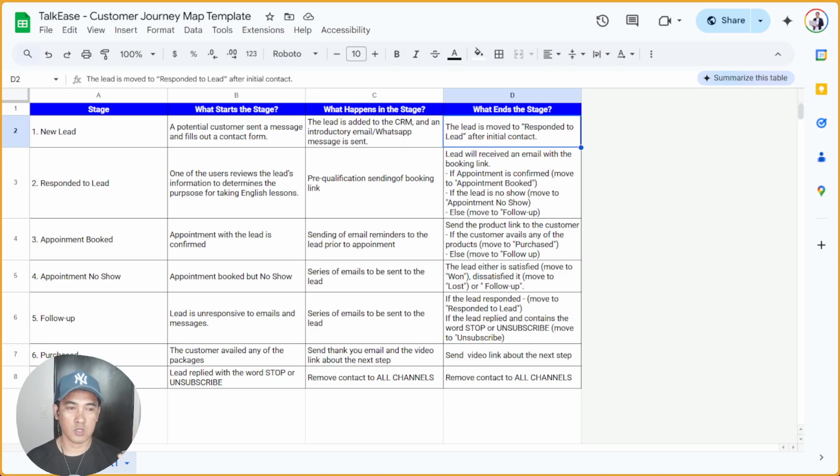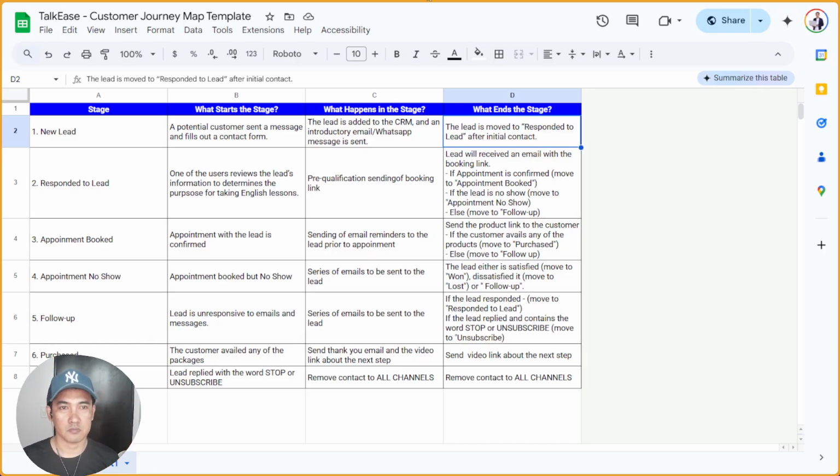If you can see, there are 7 stages, and this is what will trigger the automation per stage, this is what will happen in the stage, and this is what ends the stage. Just to have a clear overview of what's going to happen.